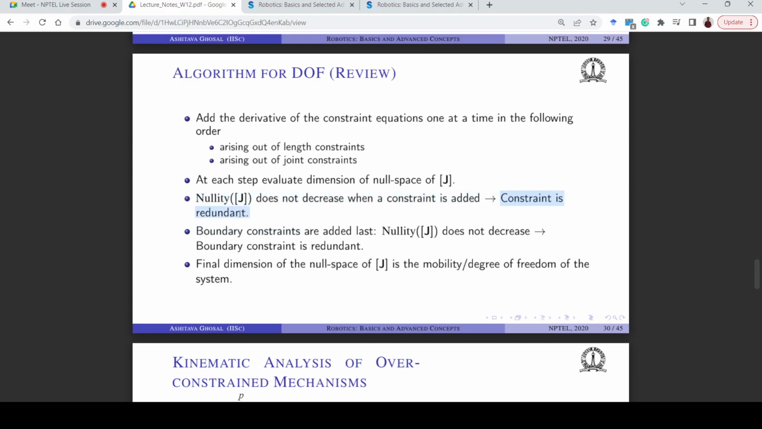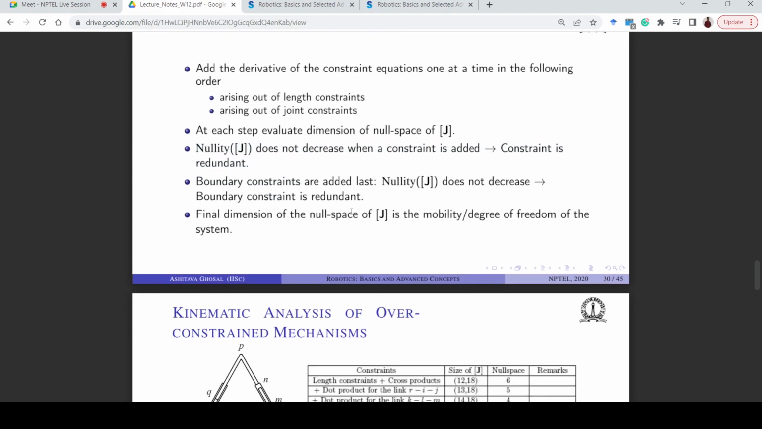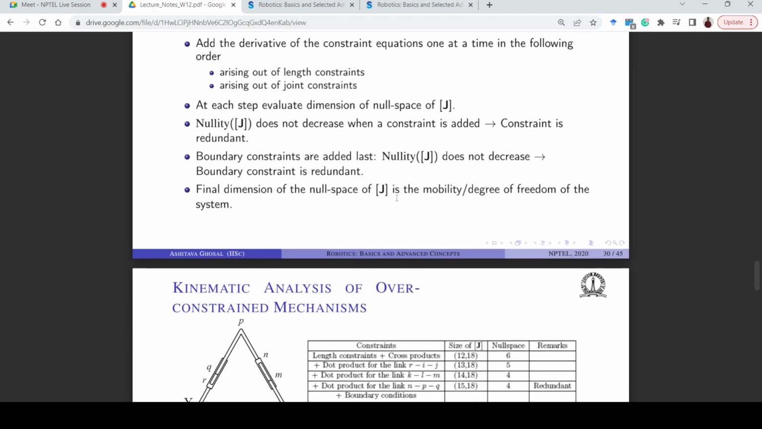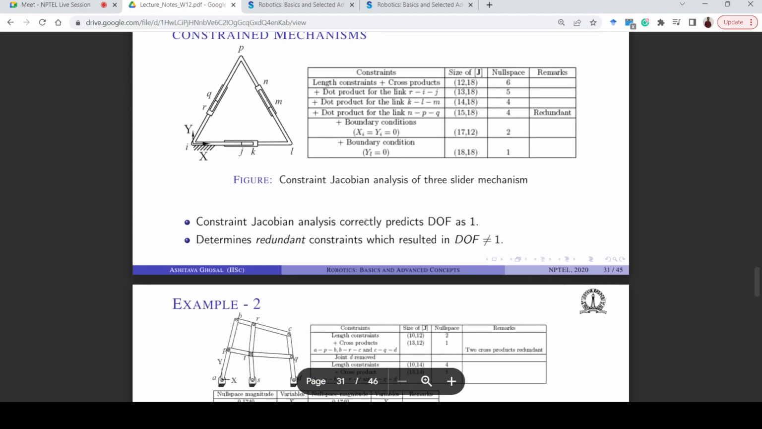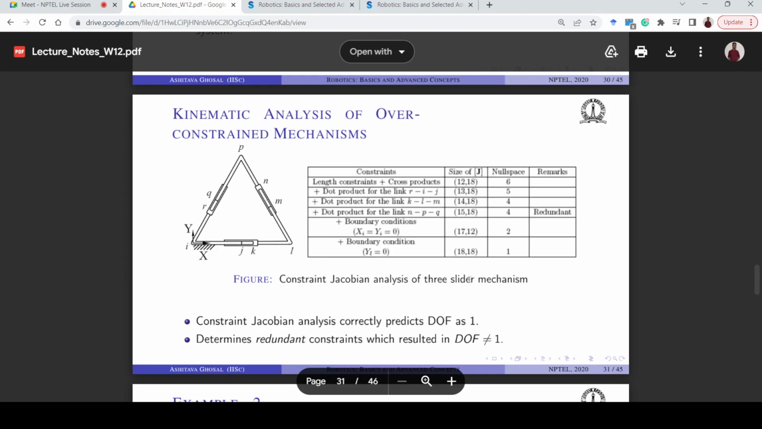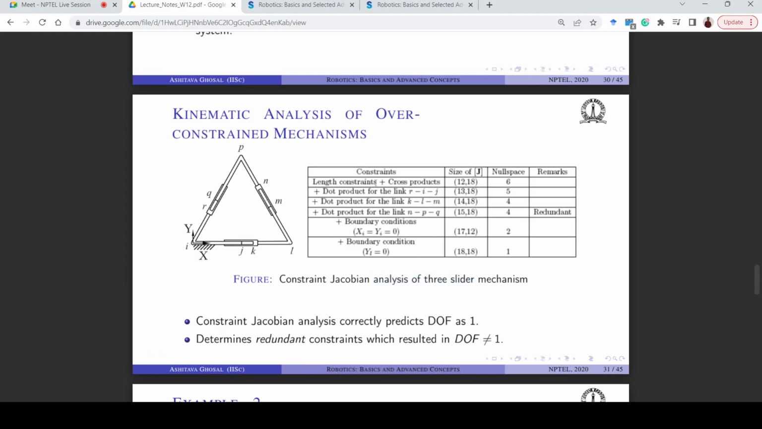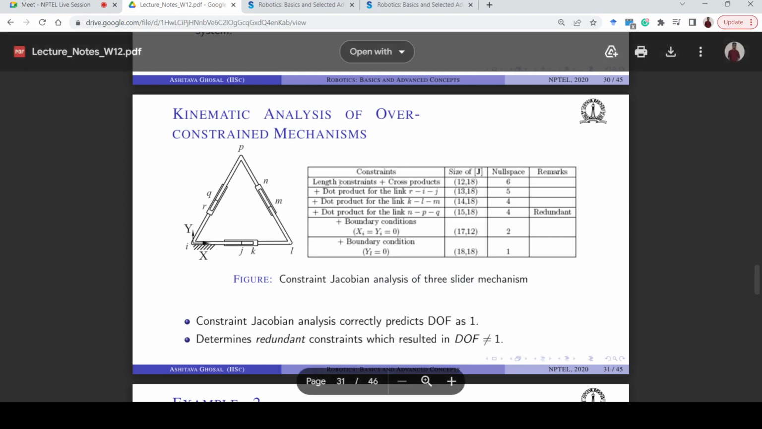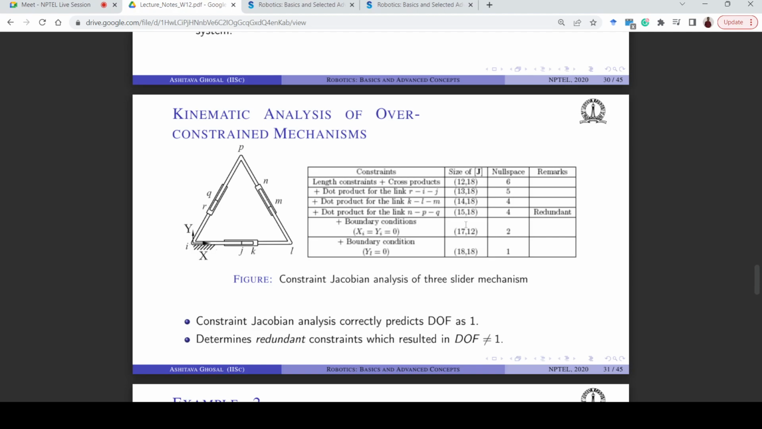Okay, they have already been taken into account by some other constraint equations above, or a combination of some other constraint equations, right? And then there is an example for a three slider mechanism. Again, once you take different constraints into account, how does the size of J change and how does the size of the null space